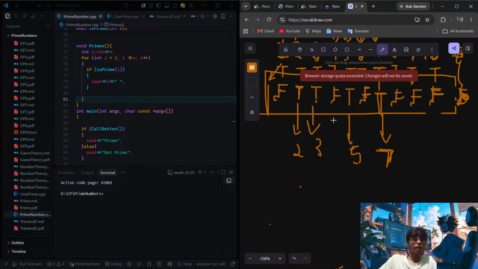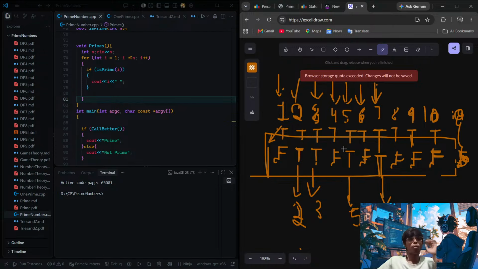So okay, one thing I understand is that these are basically the prime numbers. Now what I have to do here is observe two or three things more. So what I see here is that if I see 2 is a prime number, I will